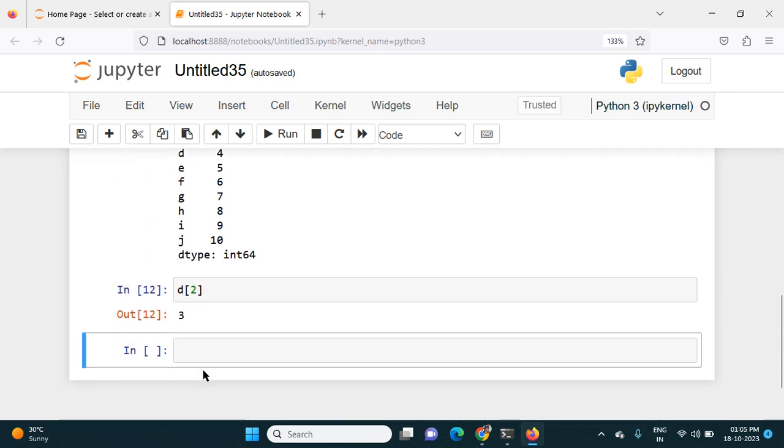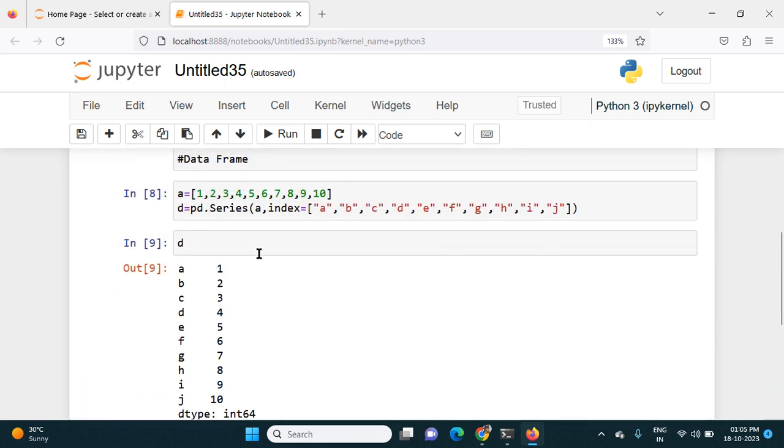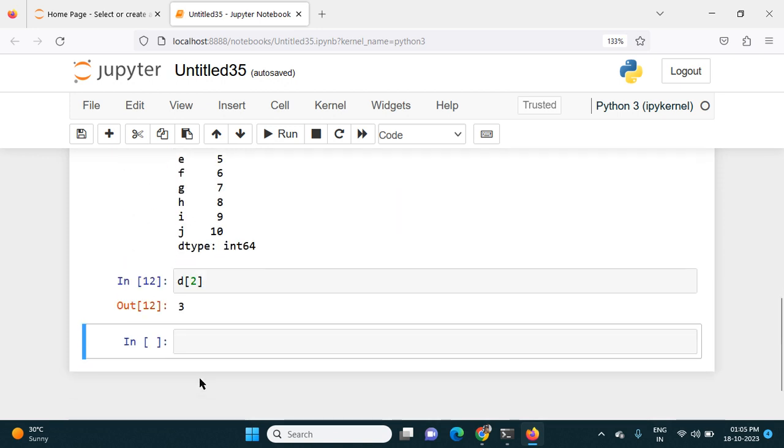Next, we can also create a series from a dictionary. Here we created a series by using a list. We can directly create a series from a dictionary. For example, I will first create a dictionary called calories. The dictionary symbol is curly braces. Then I will use a key like day1, and in that key I will store the calories value 420. Then I will mention another key, day2,